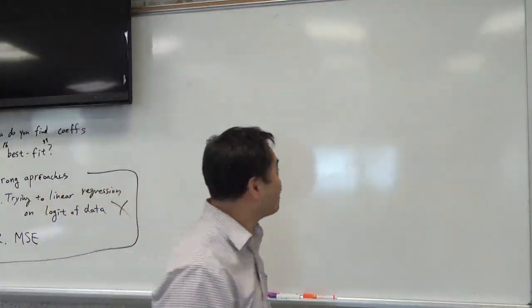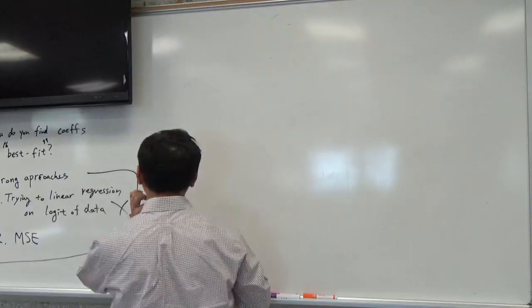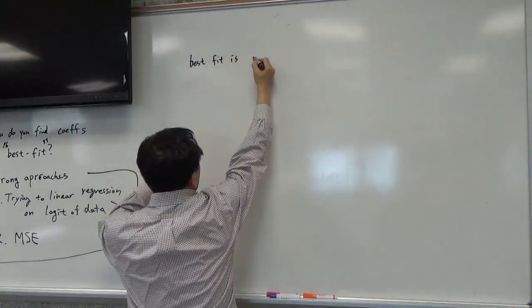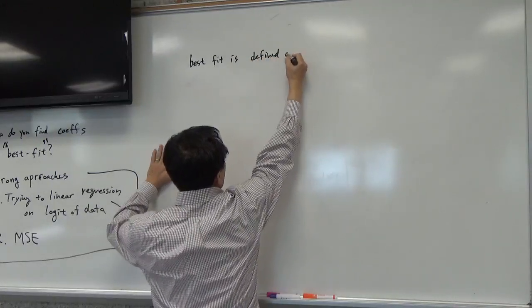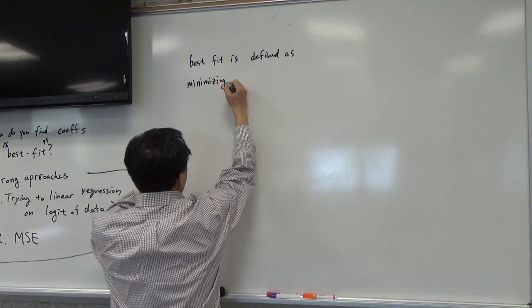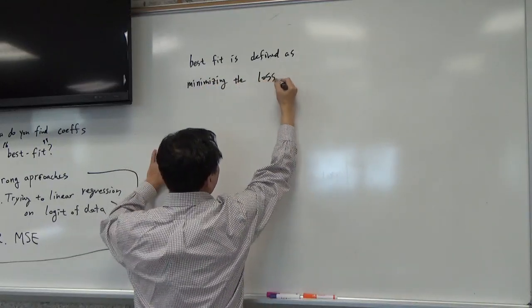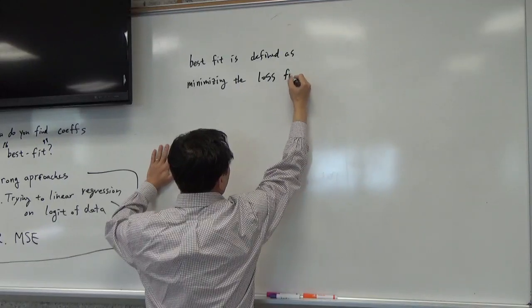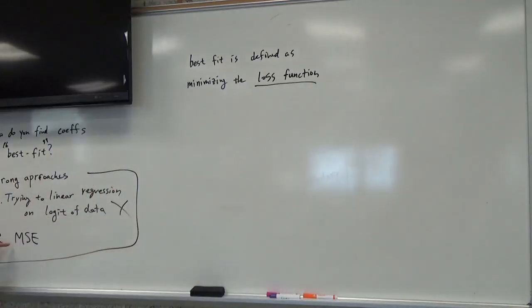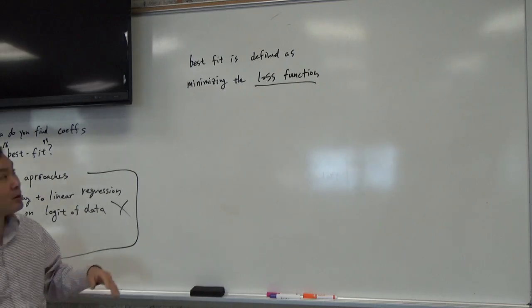The best fit is defined as minimizing what's called the loss function. MSE is a loss function, so it's a measurement of your prediction against the actual. How far is your prediction from the actual? The difference is called the loss function,